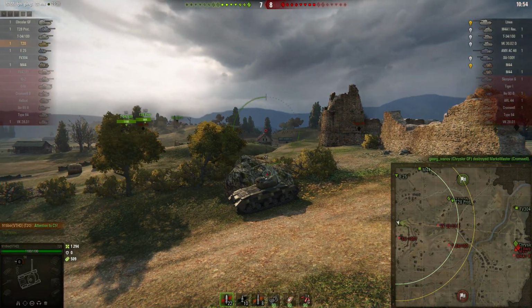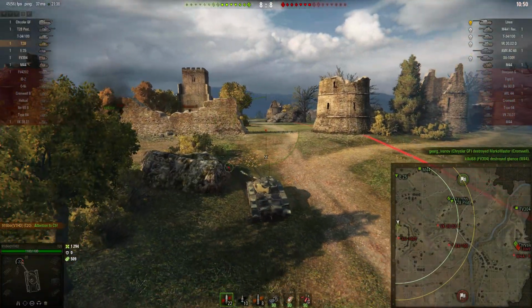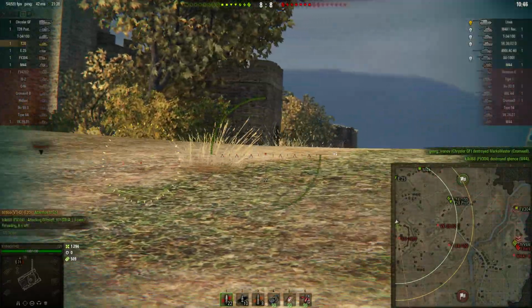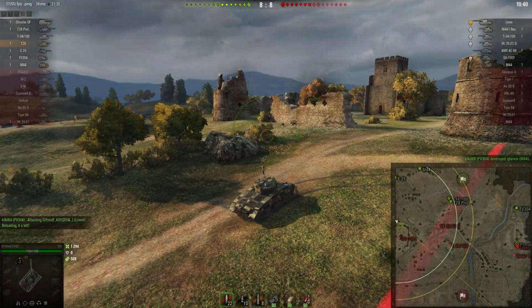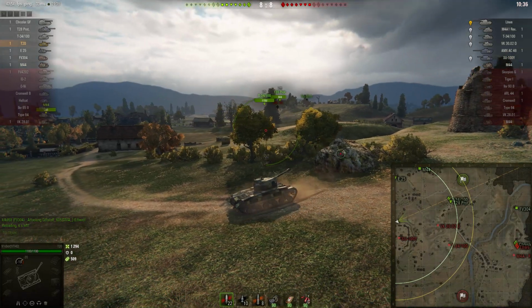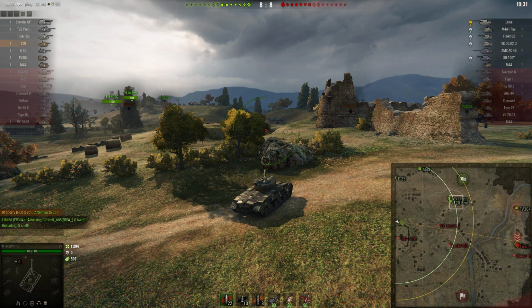So let's have a look at his loadout. He carries, I believe, 35 standard rounds, 10 premium rounds and 8 high explosive rounds. Premium rounds on this tank not only improve the penetration to 243, which is quite good for a tier 7, they also improve the shell velocity, taking it from 853 to over 1000 meters per second,